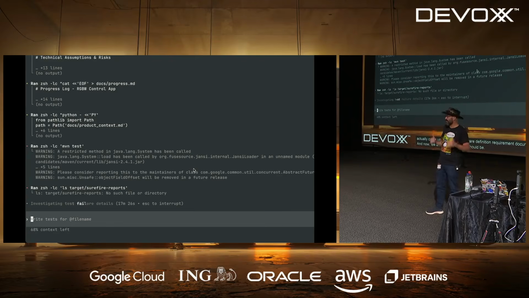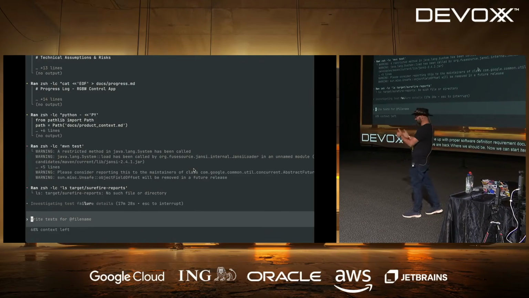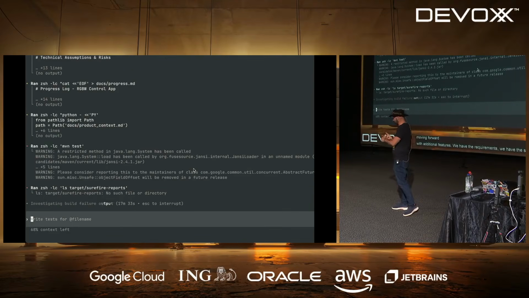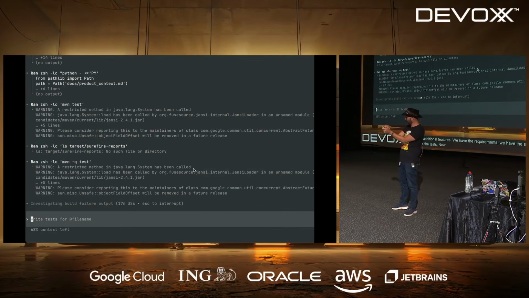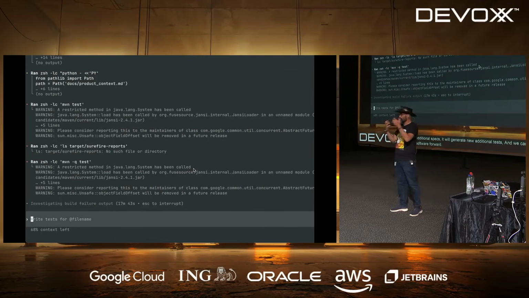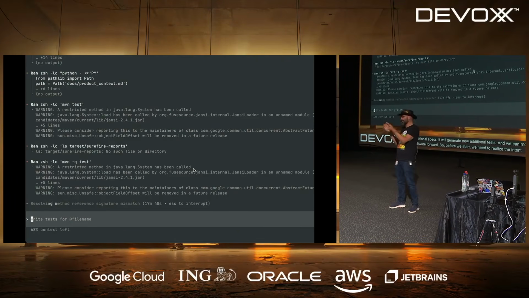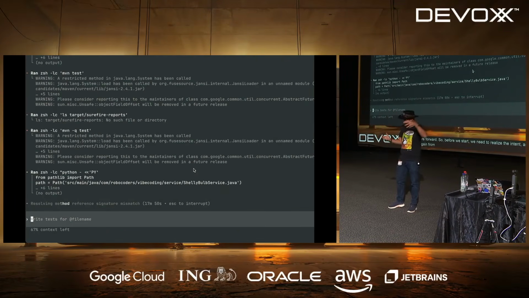Now we can start iterating and moving forward with additional features. We have the requirements, we have the specs, we have the tests. Now we can modify the requirements. It will generate new additional specs. It will generate new additional tests, and we can move the software forward. So before we start, we need to realize the intent, and we do it again from tests with verifiable chain,